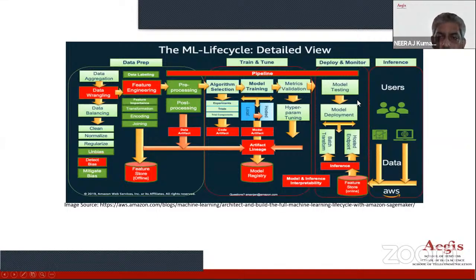Once you have deployed your model, then you start using it for the inferences. So you provide the real-time data, and then you get the inferences based on your model. So you, as a user, will start getting the inferences about your models, right? So that's the endpoint where you submit your data in real time and you get the inferences. So these are the basic steps which are there in any ML pipeline.